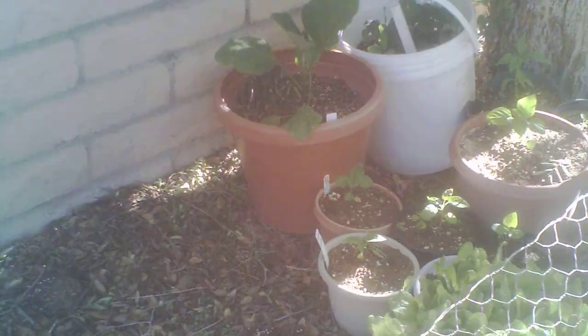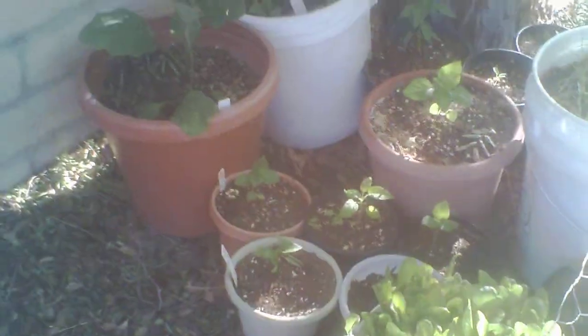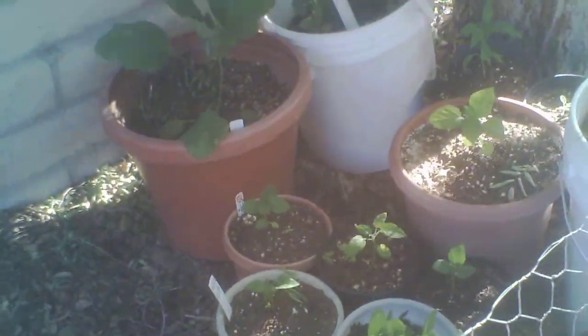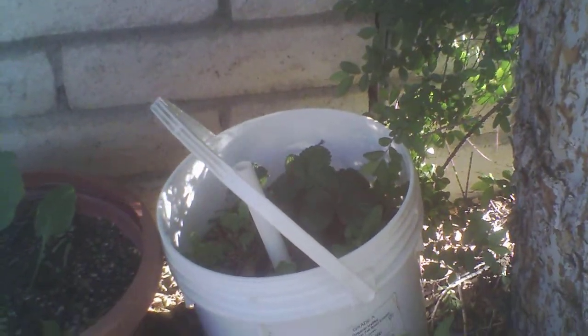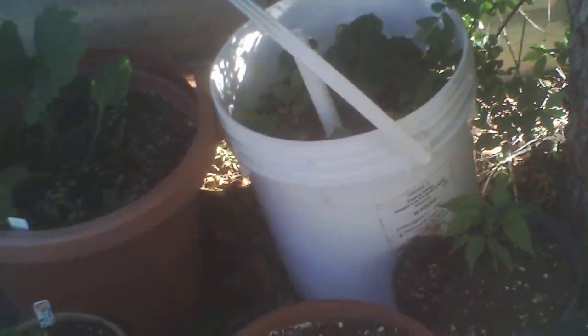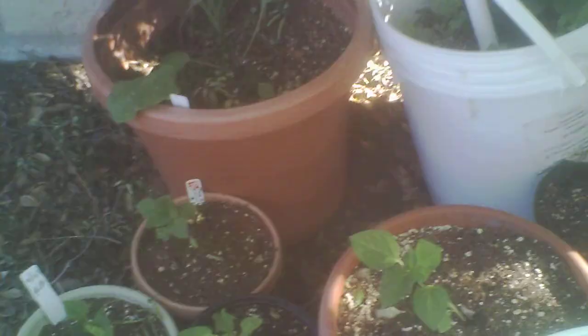So John wanted me to show you the heating plants that we have. Since we're in Arizona, a lot of plants don't enjoy the direct sun, or not for that many hours, but we have some containers growing. We have strawberries. In normal places they would like to be in the sun, but since we have really harsh sun, they're hiding here under the tree, and they really like it, and they're getting